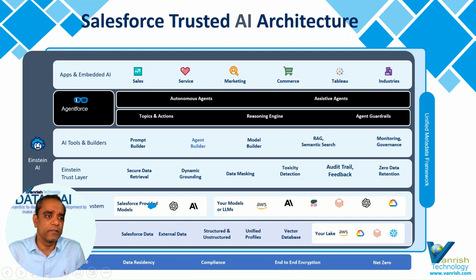And the last one is that your AI architecture and Agentforce are easily integrated across the system, as well as the Salesforce system. This trusted AI architecture powers all Salesforce products, including the Einstein Copilot, Agentforce AI Agent, Data Cloud, AI Studio, Flow AI. Everything is enabled for you, and it is enabled through this grounding. You can select any of your models from here and then integrate your system.